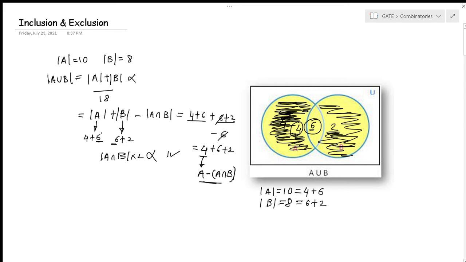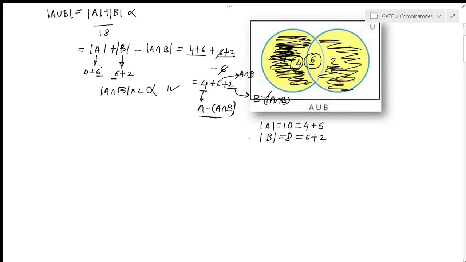On similar grounds, I am having set B and I am removing the A intersection B part, because I am just talking about purely set B, which has nothing in common. And what is this? This is the part which belongs to both A and B, and we didn't count it yet. So it is the intersection both have, A intersection B. I hope you got this idea.